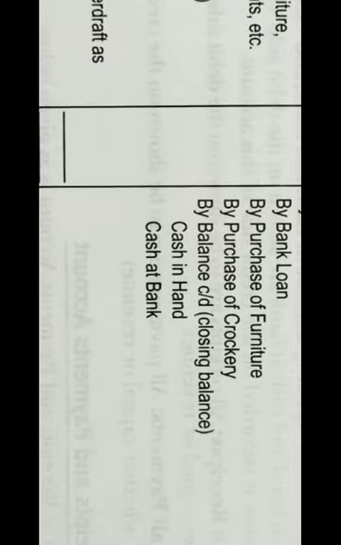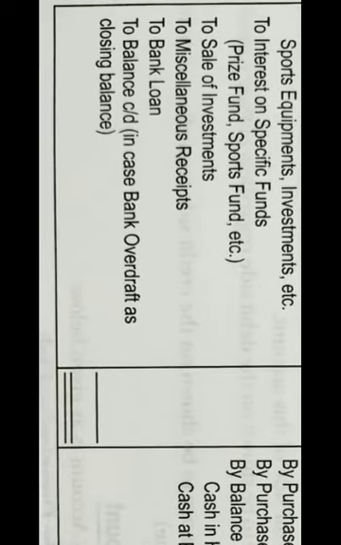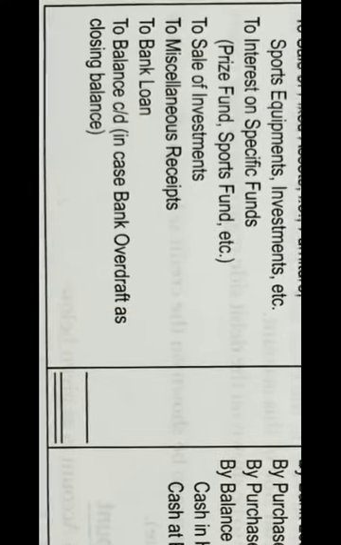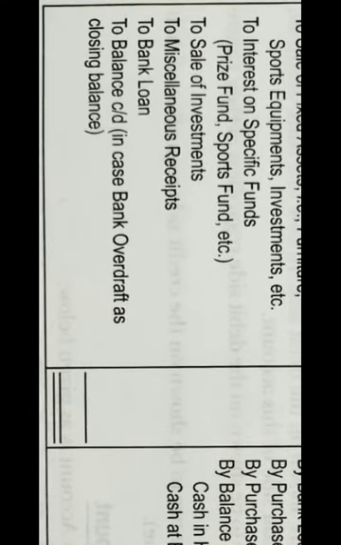Towards the end, there is a possibility, just like in cash book, you will have cash in hand at the end or cash at bank. That will be your closing balance. Or there is a possibility that there can be an overdraft even. If there is an overdraft, the balance CD will appear onto credit side as well as debit side. Onto credit side, you will mention cash in hand. Onto debit side, you will mention overdraft.